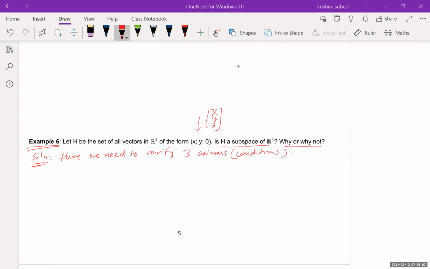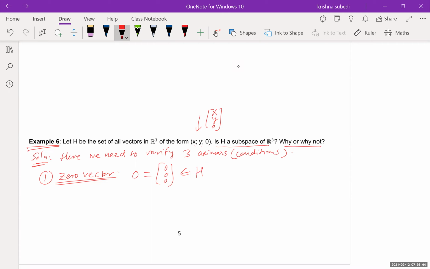Condition 1. Let's begin with the zero vector first. Whether it has the zero vector or not. 0 can be written as (0, 0, 0), right? If we suppose (x, y, 0), x and y are variables, so we can choose anything. If we choose x equal to 0, y equal to 0, then we get (0, 0, 0), which belongs to